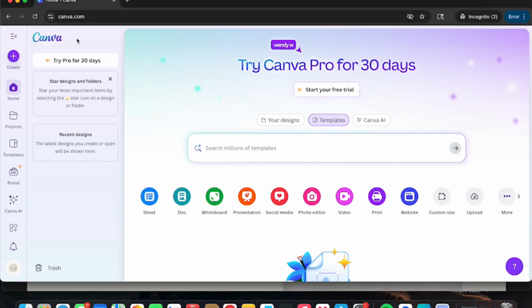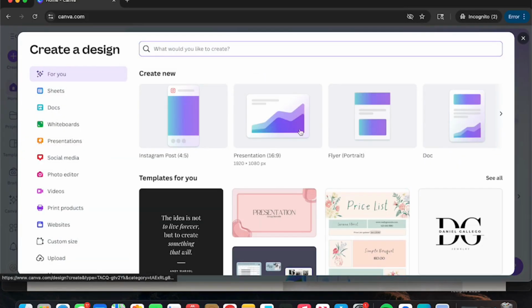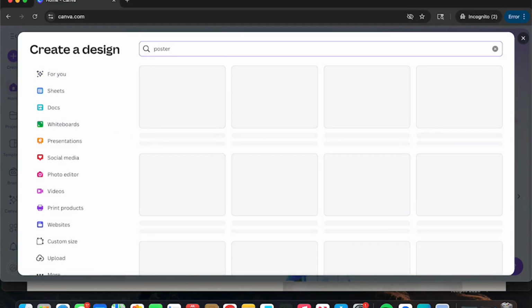Once you're signed up and you've completed your email verification and you're at your Canva dashboard, click Create, and it's going to show you different sizes for what template you want to begin with. Pretty common ones might be Instagram or flyer. You can also choose a portrait or a slide deck. If you know the exact size, like here, I'm going to put in poster,